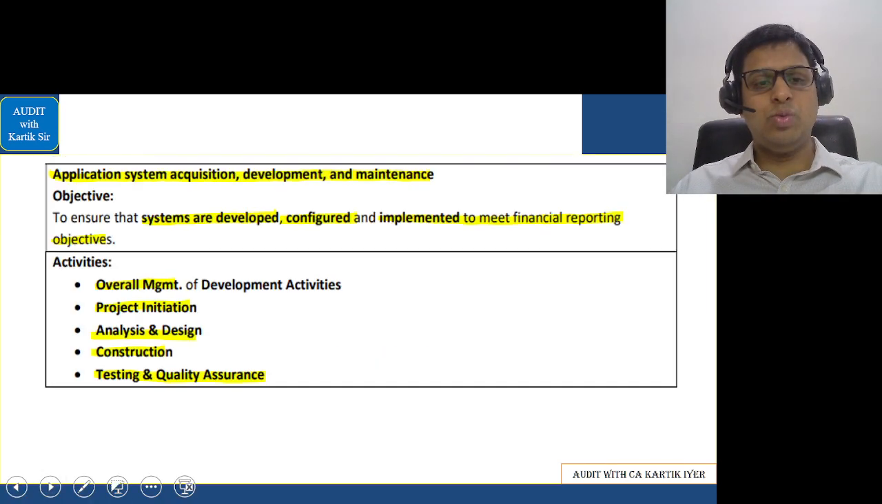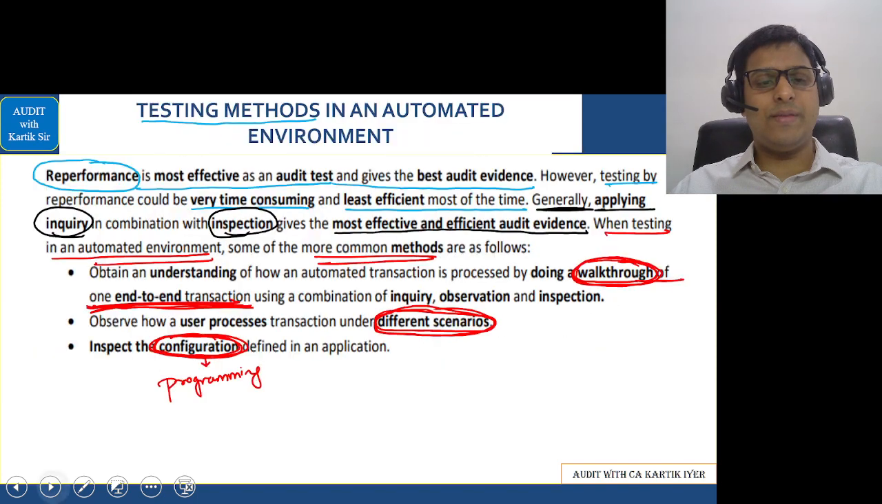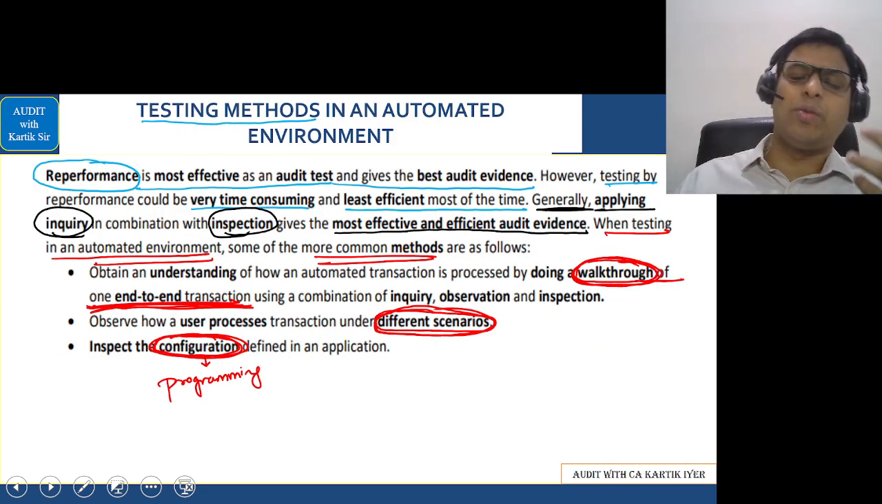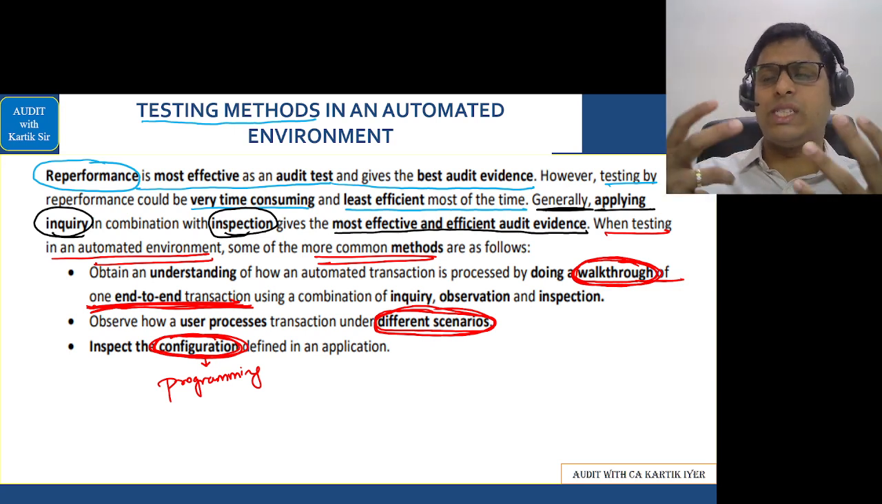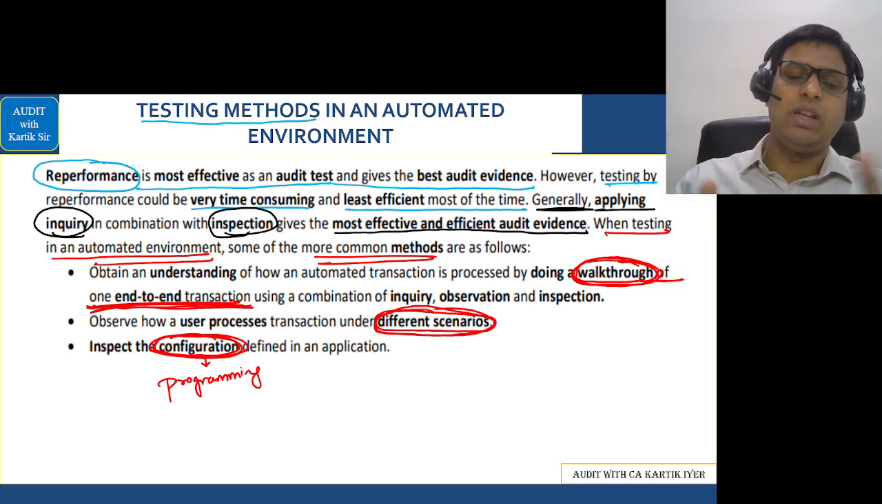Okay. Now, testing methods in an automated environment, very, very simple. Reperformance is the most effective type of testing, you and I both know. However, reperformance is very, very time consuming and it is not efficient. Because of that, the most efficient method of testing in today's times is inquiry and inspection. However, when you are using IT, the more common methods are,